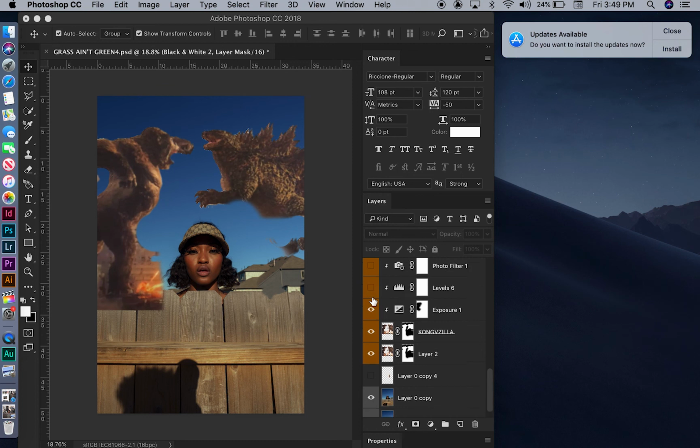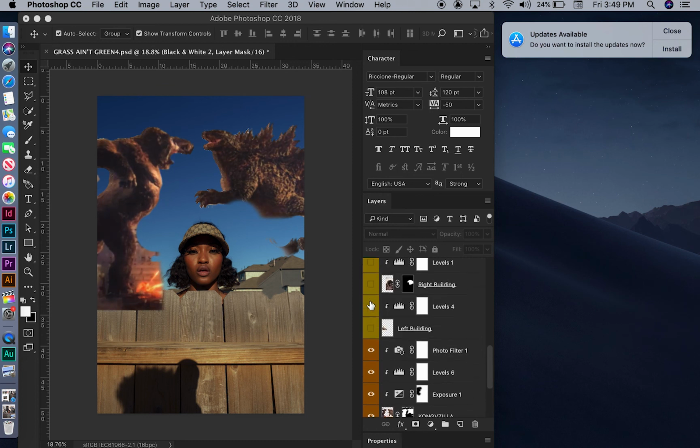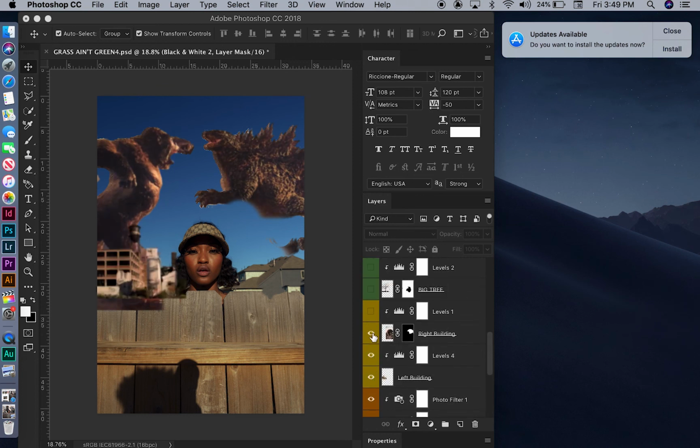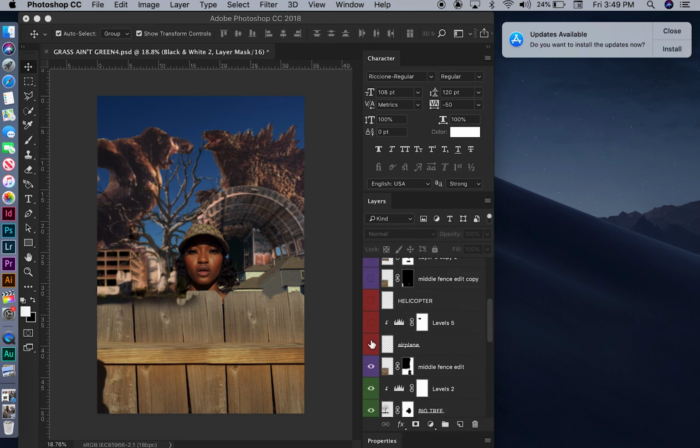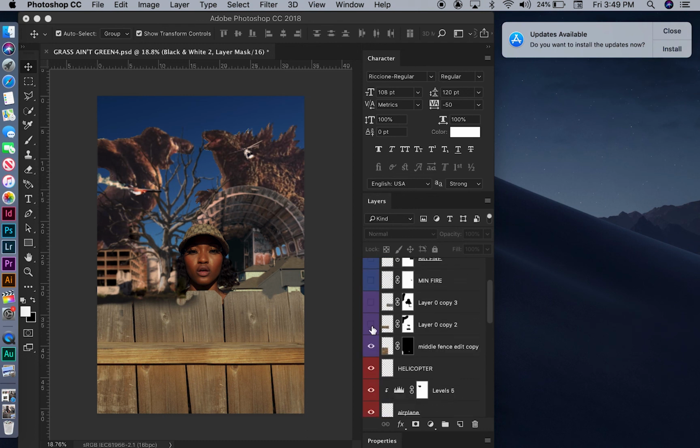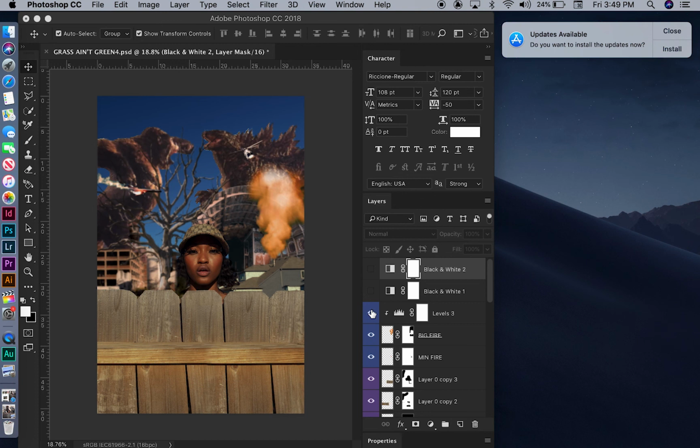It's all about layers. I look at everything as a pancake. As far as editing, it's all a pancake, just stacking everything on top of each other. And yeah, here we are. This is the original, and this is the final